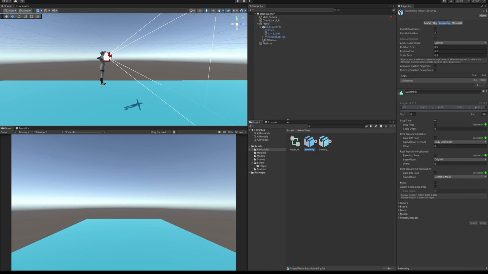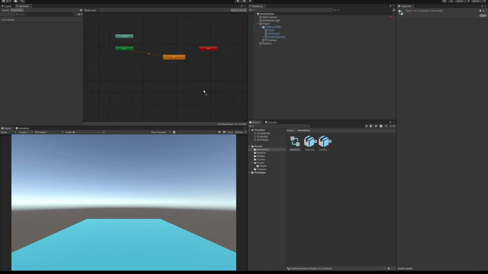So once you have your swimming animation set up, let's go back to the player controller and drag it into here. And to make a change between the idle and swimming animation, let's make two new parameters that are Boolean. The first one will be idle, and the second one will be swimming. Now that I have two parameters, we can tell that when we first enter the scene, it will go to